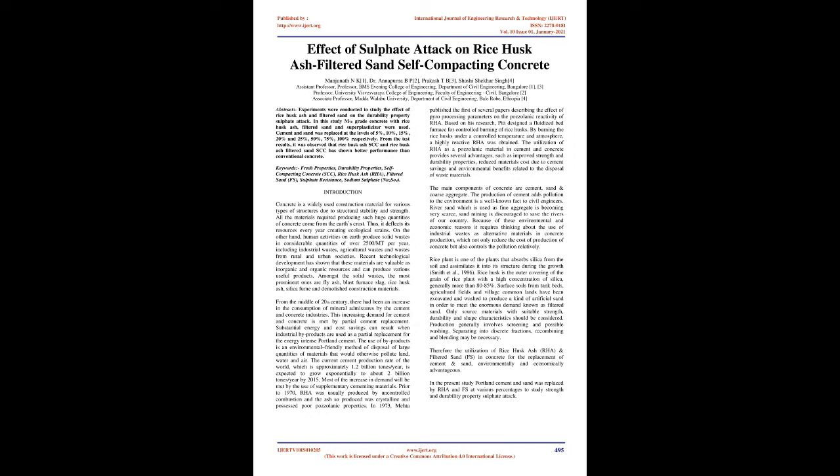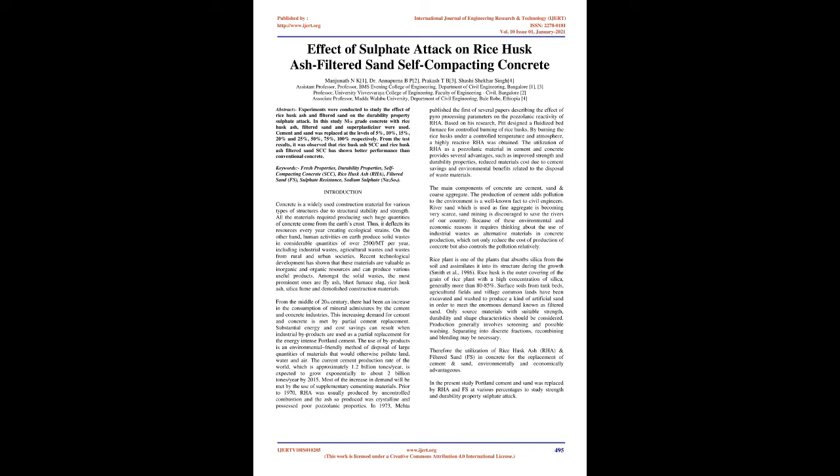2,500 mt per year, including industrial wastes, agricultural wastes, and wastes from rural and urban societies. Recent technological development has shown that these materials are valuable as inorganic and organic resources and can produce various useful products. Amongst the solid wastes, the most prominent ones are fly ash, blast furnace slag, rice husk ash, silica fume,